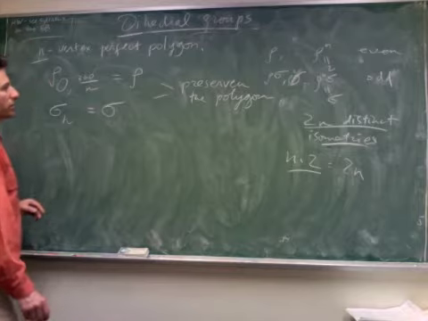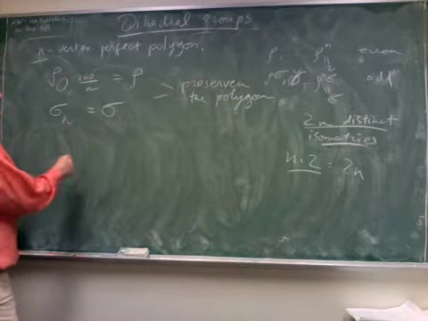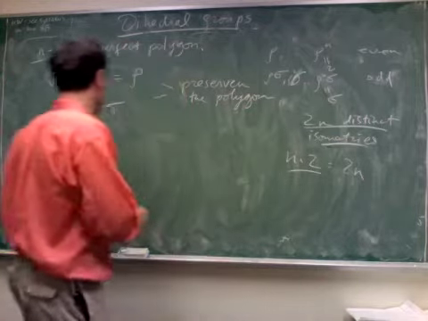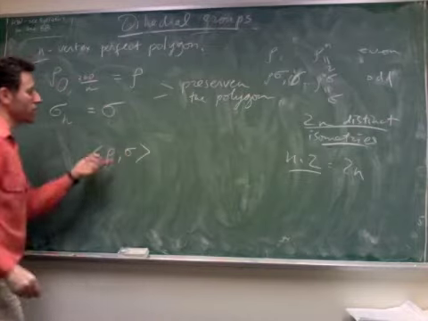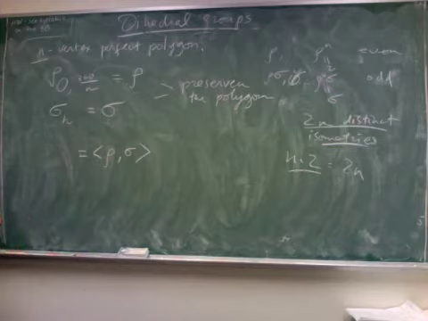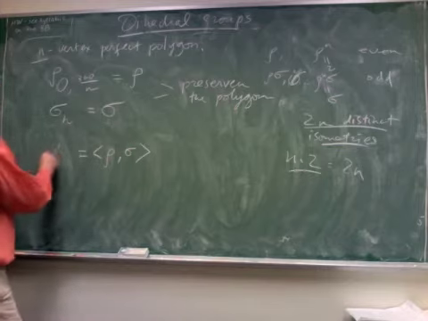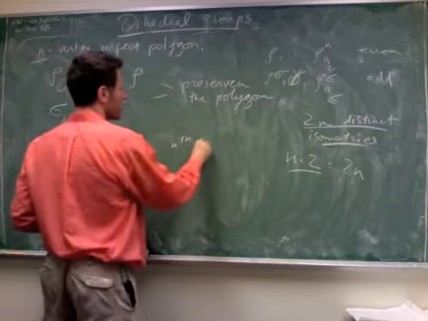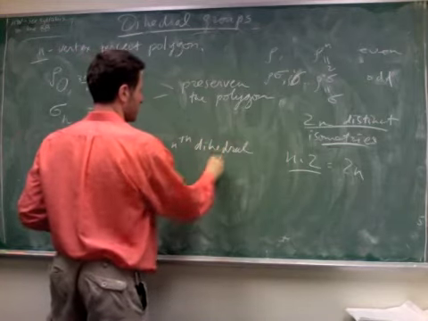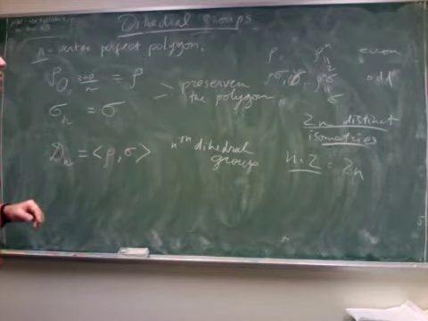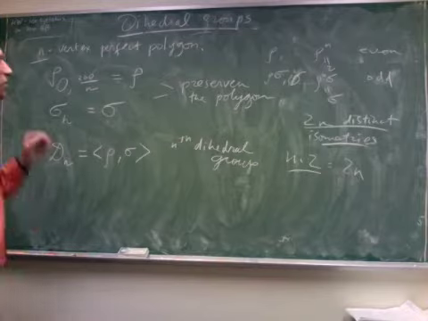And then we must say that it is generated by rho and sigma and nothing else. So it has 2 generators. We denote the group of symmetries of the n vertex perfect polygon by Dn, and this is called the nth dihedral group. And we can also calculate the Cayley table, all possible multiplications of all possible elements, using the fact that